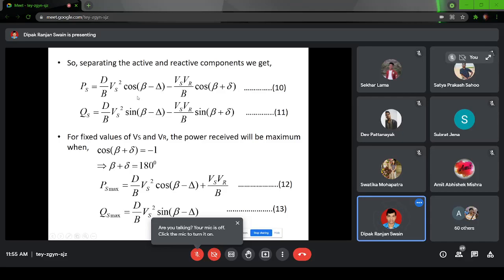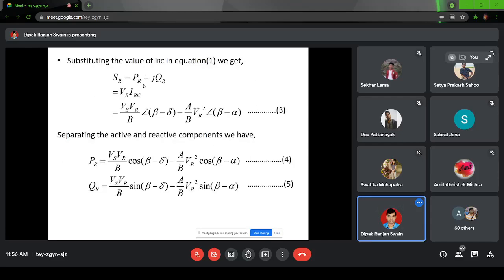Now similarly, if I want to find the condition of maxima, power will be maximum when, now, beta minus delta. It is the ABCD parameter, so you cannot change them. It is constant. Once you have the transmission line, the ABCD parameters cannot be changed. In the previous section, I forgot to tell you this. Here, only the delta can be changed because it is somehow associated with the power generation. Except for that, beta and alpha are constant because they are associated with the ABCD parameters. The ABCD parameters for the transmission line are constant.